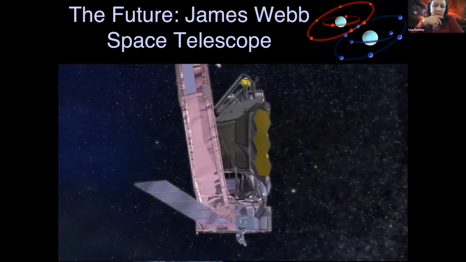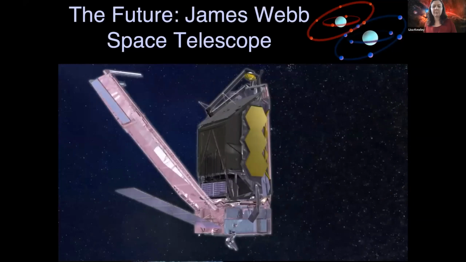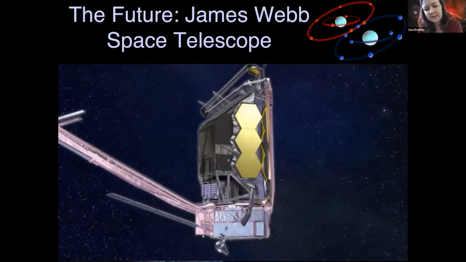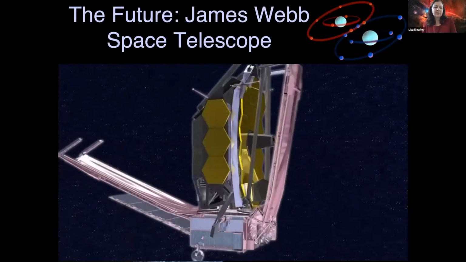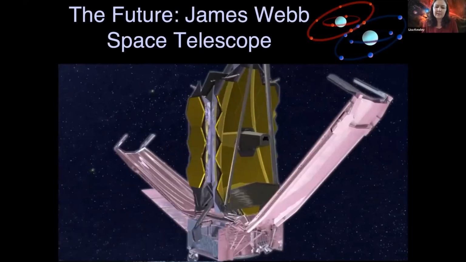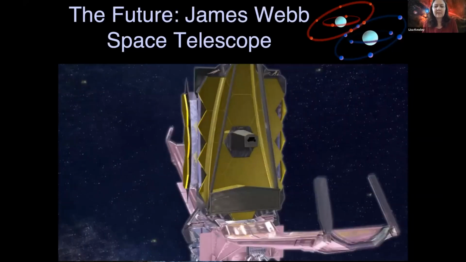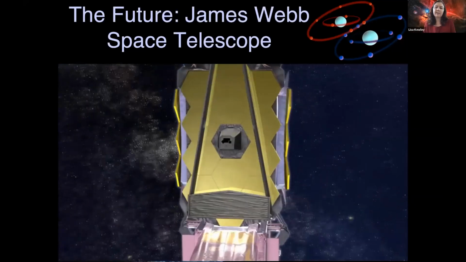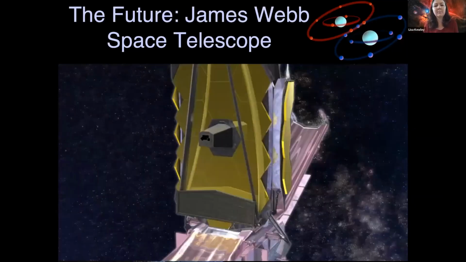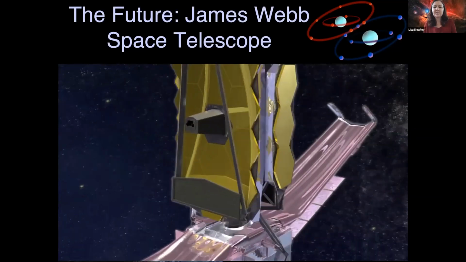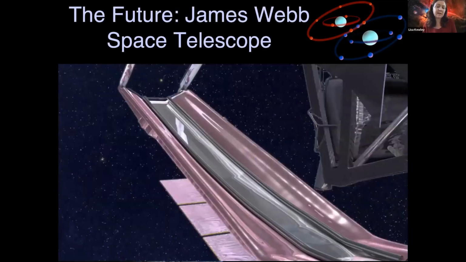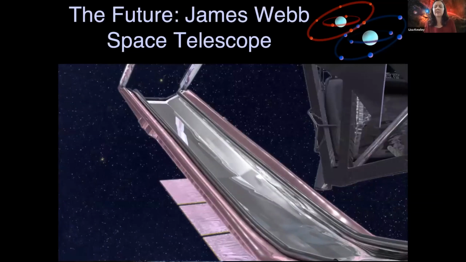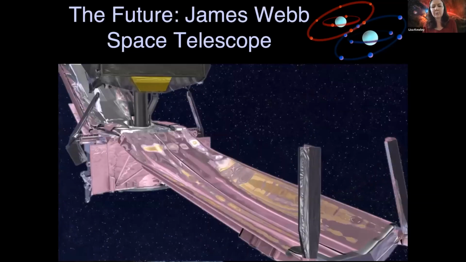Now this space telescope is only an infrared telescope. So it's looking at the infrared part of the spectrum, and the reason why it's only infrared is because the light that we see from distant galaxies, the light's actually shifted towards the red. So the oxygen lines that I showed you that are blue, in the distant galaxies, they're shifted towards the red because everything that is expanding and moving away from us, its light is shifted to the red. And this is called the Doppler effect.